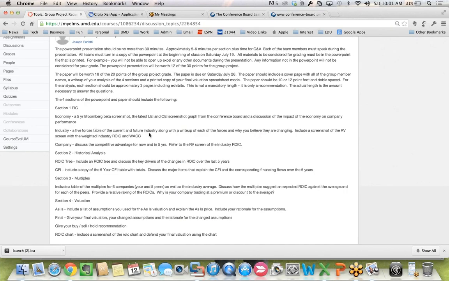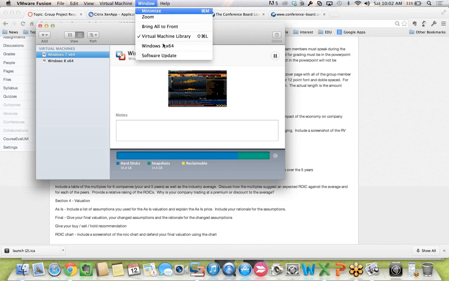Next, 5 forces. So as part of the 5 forces, you're going to need to have the 5 forces table, which has each of the forces scored 1 to 5, and the overall 1 to 5 based on the industry spread. The other thing you're going to need is the ROIC and WACC for your industry to support the 5 forces overall for the current. So again, if I go back to Bloomberg